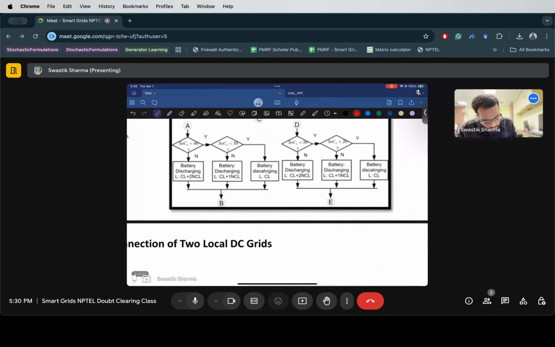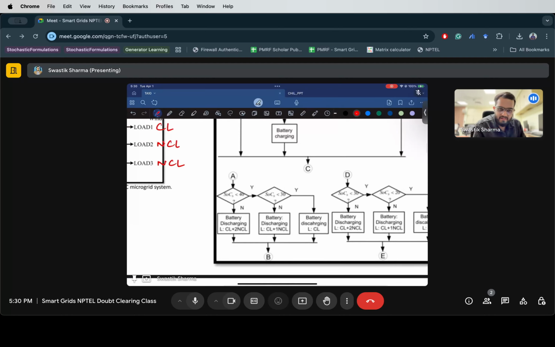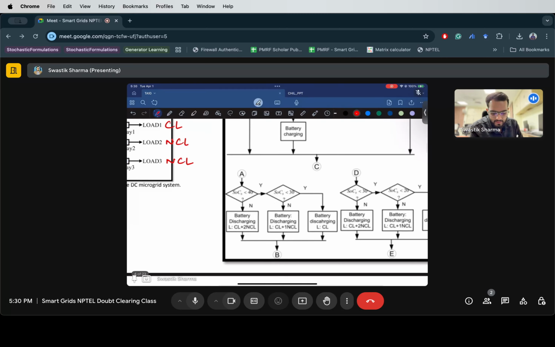So if the battery's SOC is still greater than 40%, we continue its discharging, and all the critical and non-critical loads are not being shed because the SOC is still greater than 40%. But if the battery's SOC is less than 40%, we move to a separate decision where we check if the SOC has reached 30% or not. If it has not reached 30%, if it is between 30 to 40%,